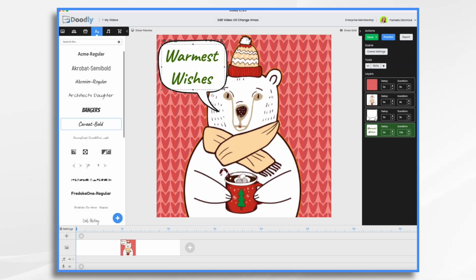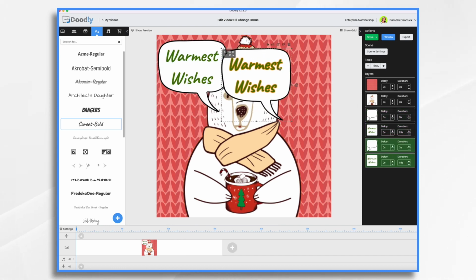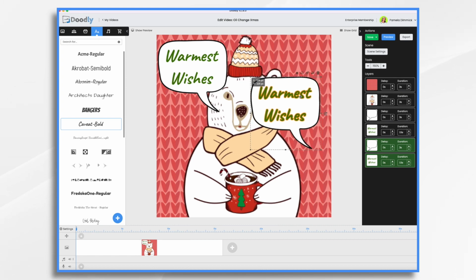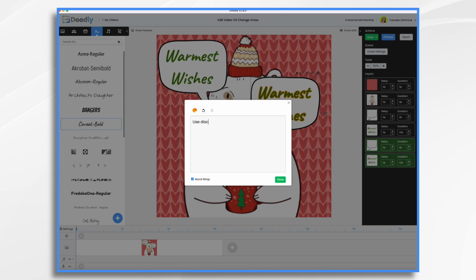Use your Command and Control button to select both of them. And then Command or Control C for copy, Command or Control V for paste. We have another set, and now let's move that set over. And we want to flip it. And then this time, we want to say,